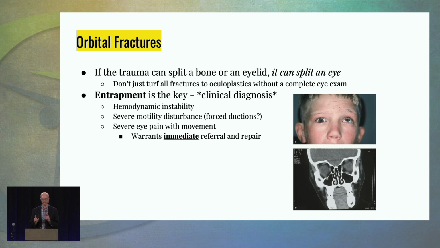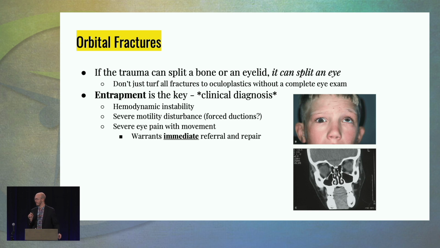If you go read the radiology reports, they'll say entrapment cannot be excluded, or entrapment of muscle, which a lot of times just means it's a big fracture and the muscle's kind of protruding into a medial, sphenoid sinus or ethmoid sinus kind of area. But it's not really entrapped, it's just kind of in that space. But you usually see it in young kids because they have pliable bones that fracture and then come back up like a trap door. And you've got to go get that.